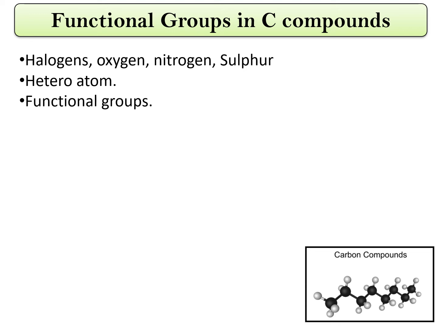Atoms do not exist alone, but they come in groups. That is, the heteroatom is not always one, but they come in groups. So when these groups are joined to the carbon atom, the carbon compound will get the property of the heteroatom, irrespective of the length and the nature of those atoms, and that is why they are called functional groups. We will be doing a few functional groups in the next slide.